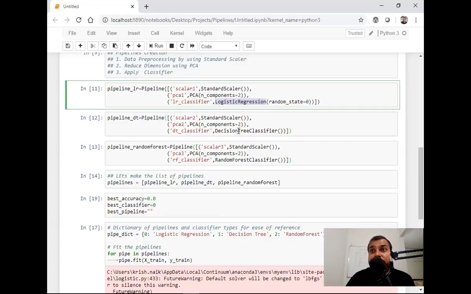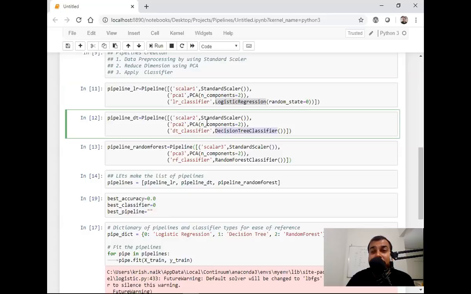Similarly, I'm going to create this pipeline for the decision tree classifier, and all the steps are the same. And remember, guys, these objects are different, both the objects are different. So they will be working independently. And similarly, the third pipeline that I've created is for random forest, where I've initialized the random forest classifier algorithm, and all the steps are the same, with standard scaler and reducing the dimension with the help of PCA, and finally